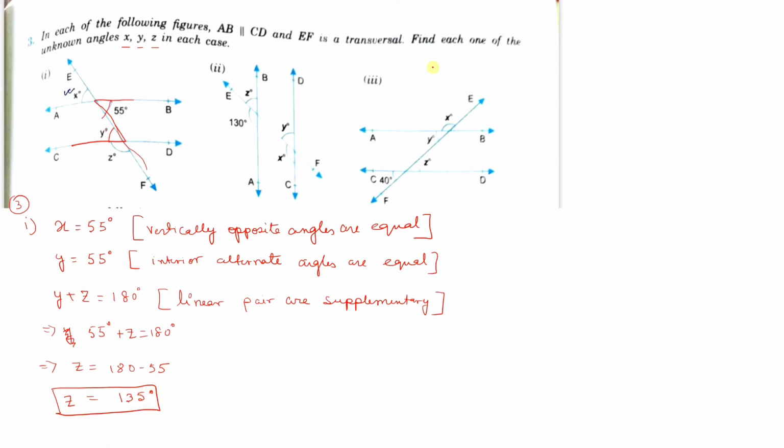Okay, moving to number 2. In number 2 you have to find x, y and z. So let us first find out the value of z, or you can find out the value of x also. Look at this. If I rotate this whole diagram, then this angle, 130, is on the left hand side of this line and x is also on the left hand side of this line. So these two angles will be corresponding angles. So write down x equals 130 degrees. Reason will be corresponding